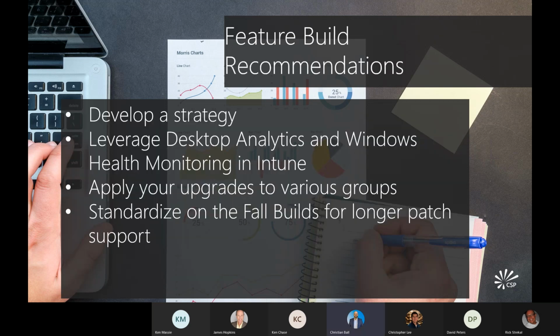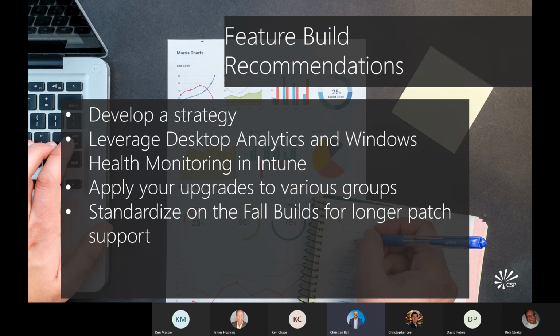And lastly, when it comes to feature builds, the most important thing you can do is start with a strategy. You have to work with the folks in your business to develop a strategy on how you want to release these updates. Included in that means how you're going to monitor and report your success on your upgrades or the impact of those upgrades to those apps. When it comes to the classic model of how folks are so conditioned to do testing,